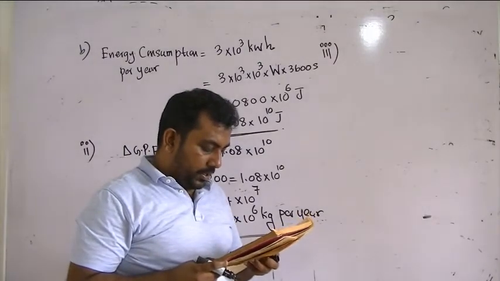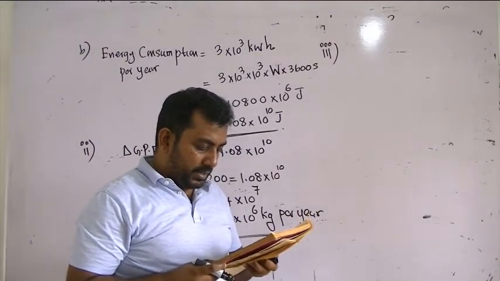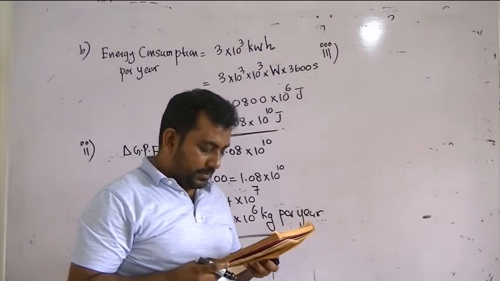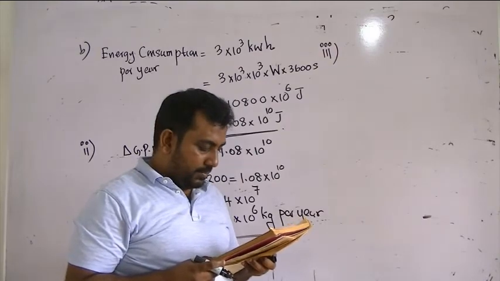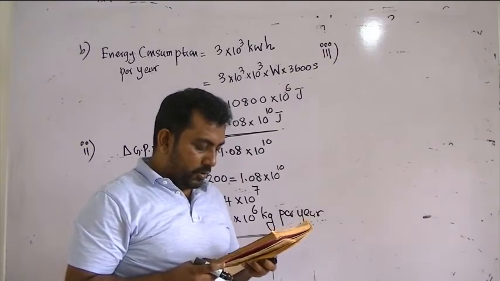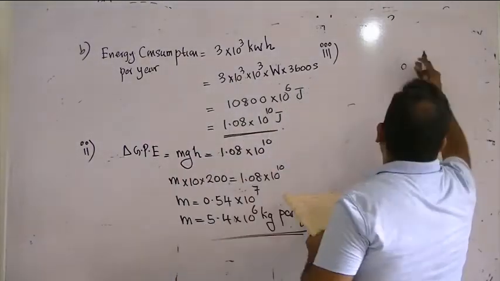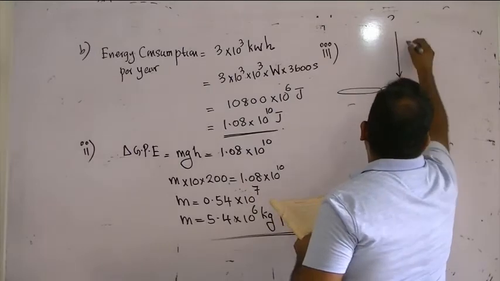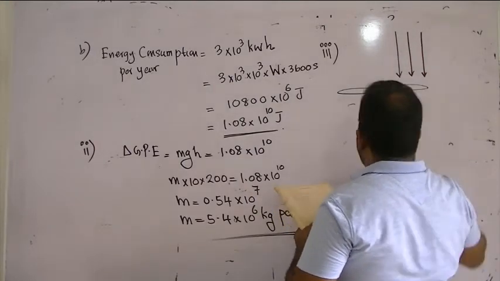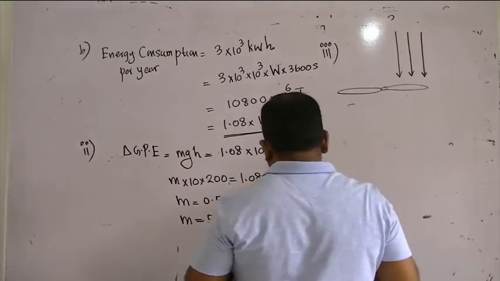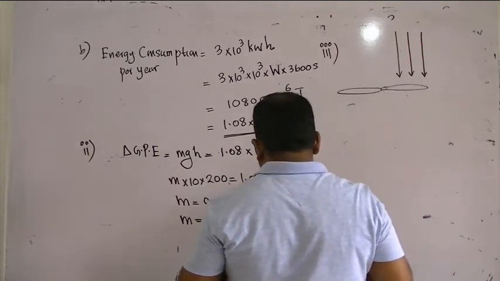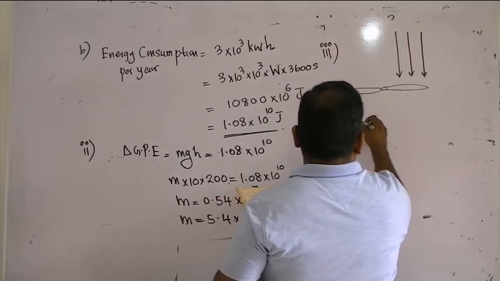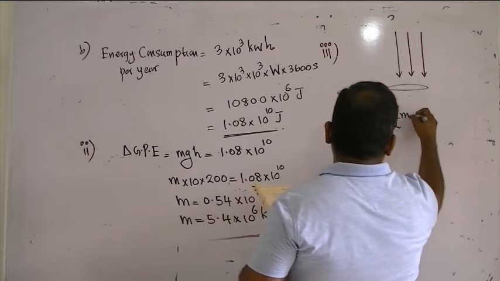Taking the rate of water to be constant throughout the year, determine the force exerted by the falling water on the turbine blades in the generator. Assume that the water strikes the blades and then flows along the surface. It's going to strike the turbine blades. They are asking you to determine the force generated. So we can say gravitational potential energy converts to kinetic energy.